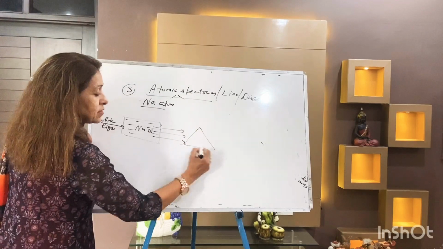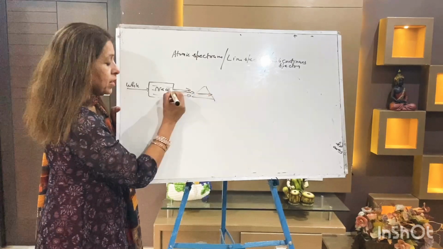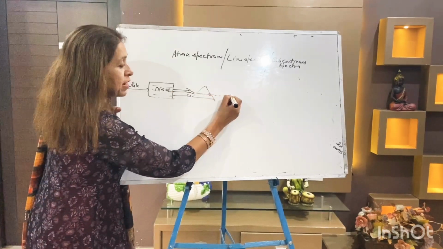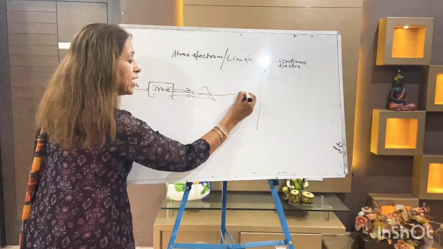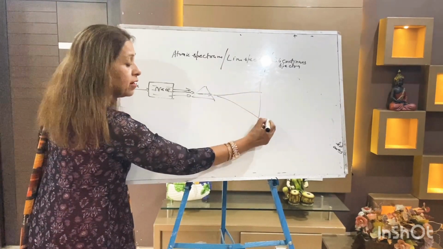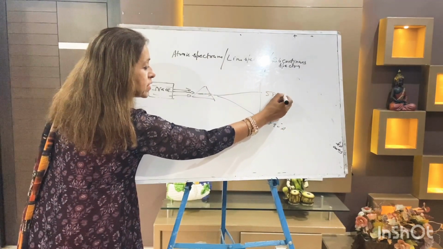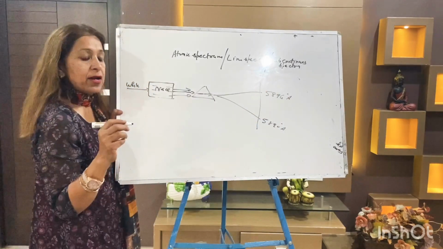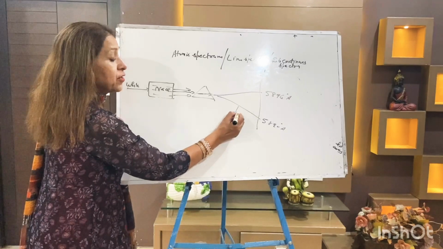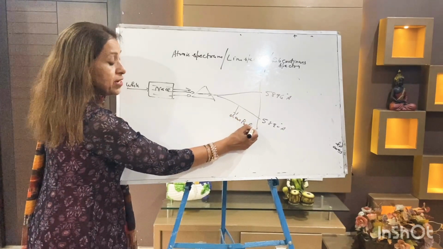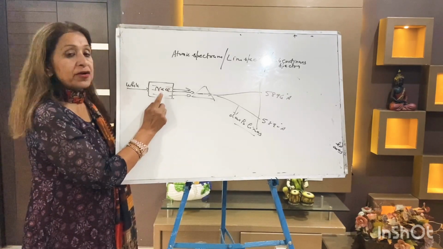These radiations pass through the prism, and the result is taken on the photographic plate. So what is the difference? Two lines are obtained, the same 2 lines. One is 5890 angstrom, the other is 5896 angstrom. Like it happened in the emission spectrum, the same happened in the absorption spectrum. The difference is that these lines are dark, not bright. Dark lines these are.